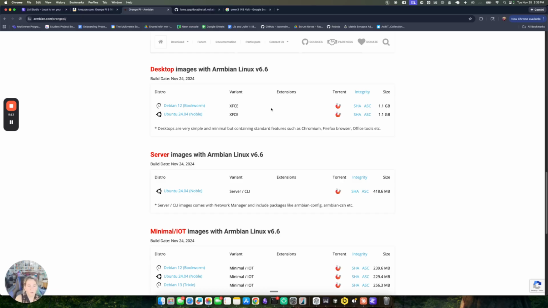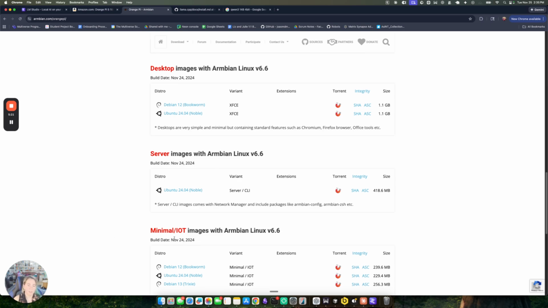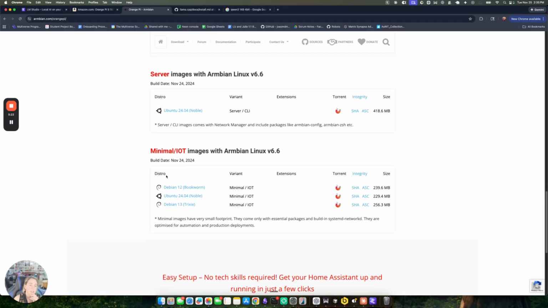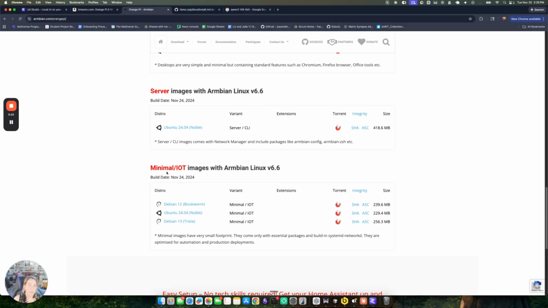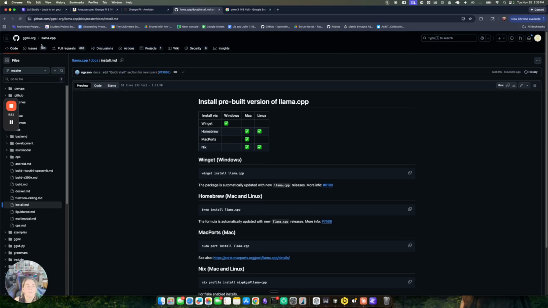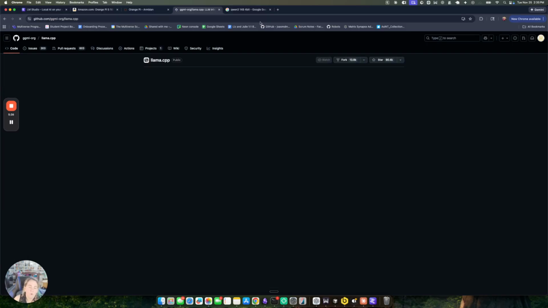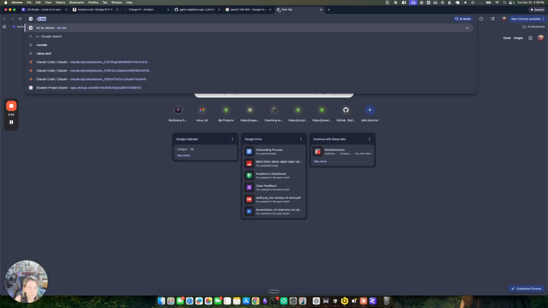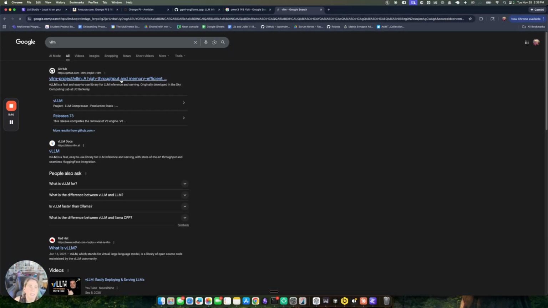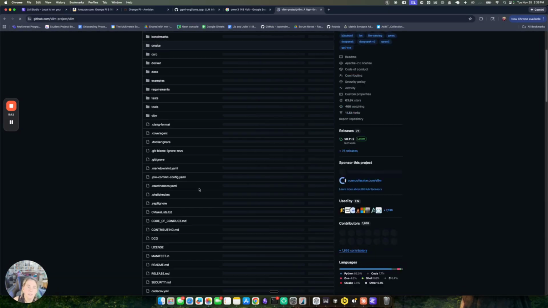Does it work for your purposes? And once you know it works for your purposes, or if you want to hook it up to a server, or something like that, then you can just download one of these minimal or IoT images, and they'll give you instructions on how to deploy an image on there. And you can run stuff like llama.cpp, which is sort of the more production version, or vLLM, which I believe works on